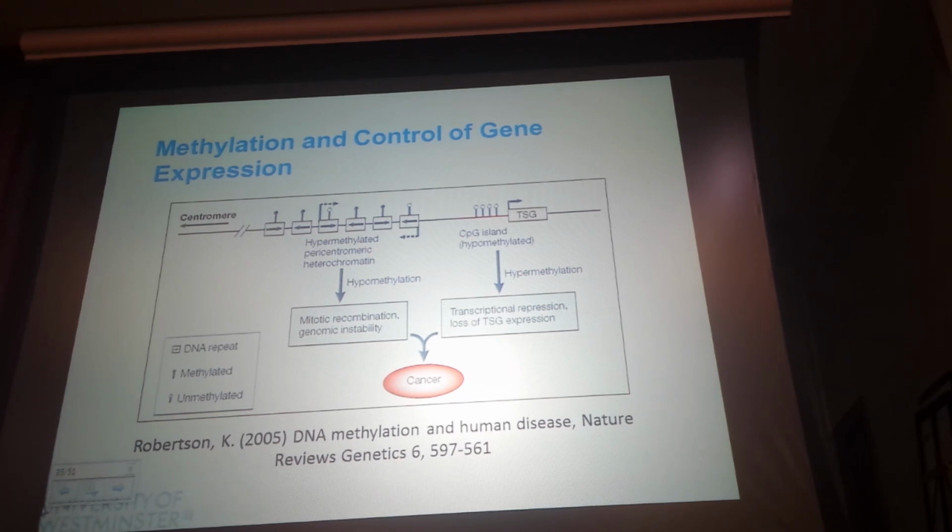When you acquire the mutations, there is no way back. So if you have a tumor suppressor gene that is mutated, it's irreversible. So if it happens in the genes that